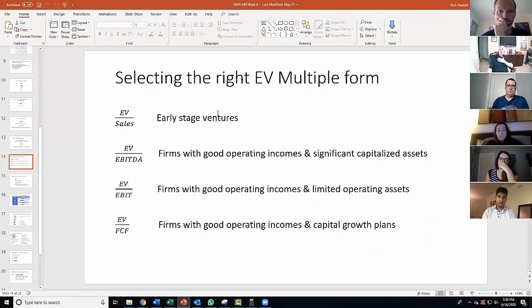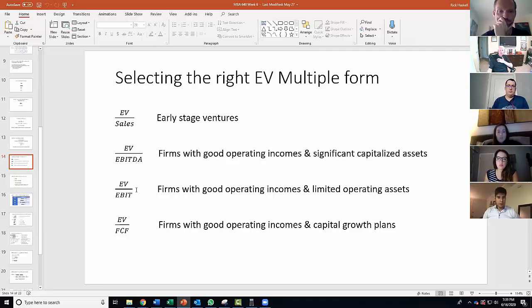Well, here we've got some different types of multiples and the different stage that companies might be at as they're thinking about applying these. And if I were you, this is on Canvas, of course, linked for this week. In thinking about multiple forms, I would make note of this slide, or copy it, or screenshot it, because this is useful. You use this again. These are just different forms of an enterprise value multiple.